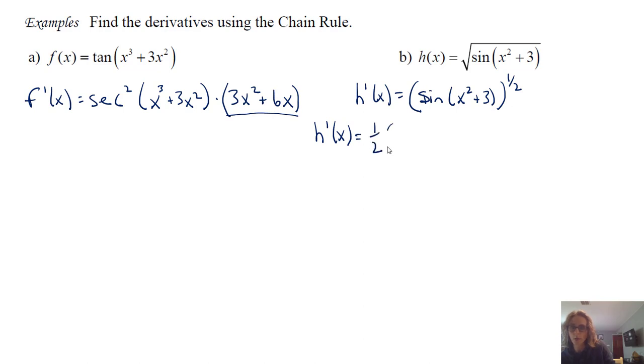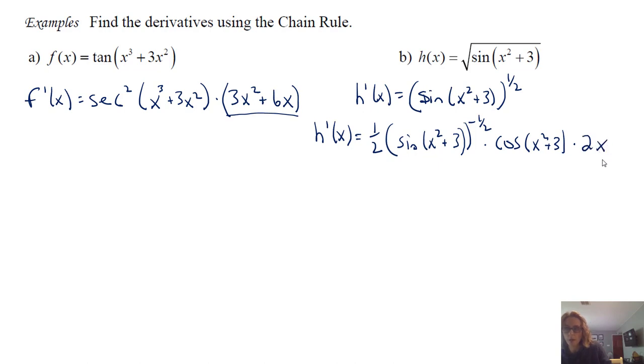So the 1/2 comes down. I have to the negative 1/2. So that's the generalized power rule. The inside stays the same. Excuse my handwriting. Okay. Inside stays the same. Then I would need to multiply by the derivative of the inside. The derivative of sine of something, this is what you want to remember: derivative of sine of something is cosine of the something. But if that something is not just x, then you need to multiply by the derivative of the something as well. So the derivative of x squared plus 3 is,